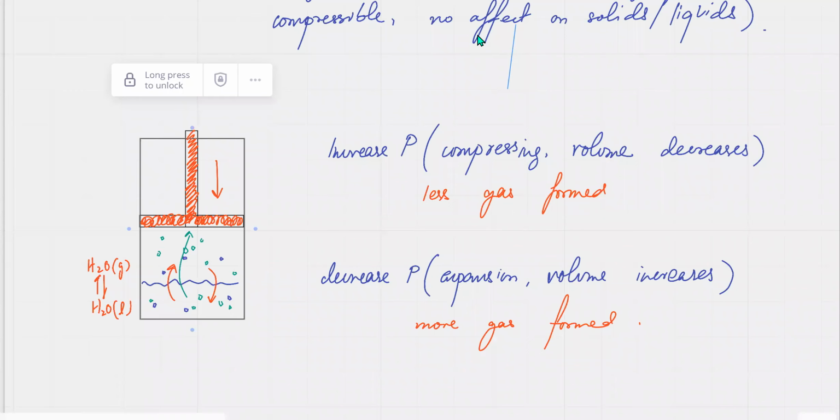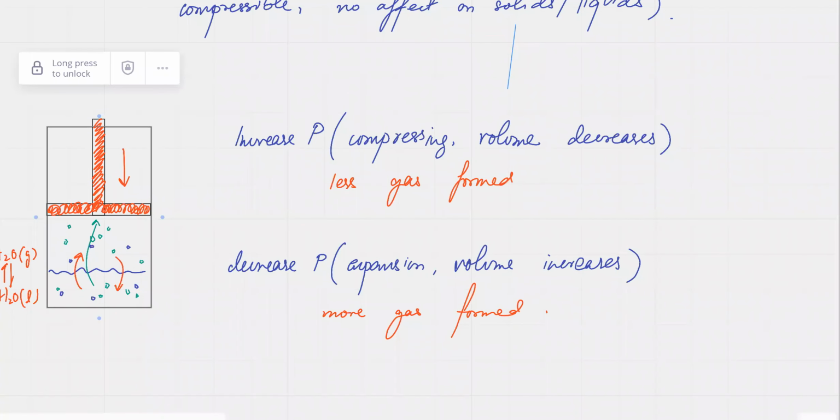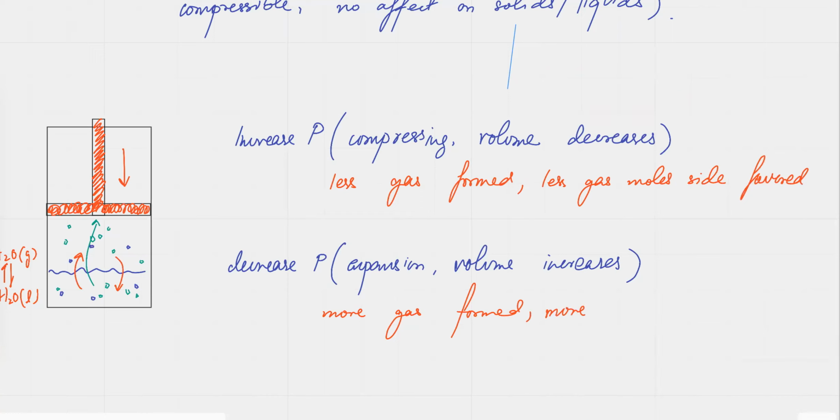तो इसके लिए आप लिखते हैं कि वो साइड फेवर होती है which has less gas mole side, मतलब वो रिएक्शन फेवर होता है जहां पे गैस के मोल्स कम है। रिमेंबर, गैस के मोल्स मैटर कर रहे हैं, दूसरे मोल्स मैटर नहीं कर रहे। और दूसरी साइड पे ना मोर गैस मोल साइड इज,